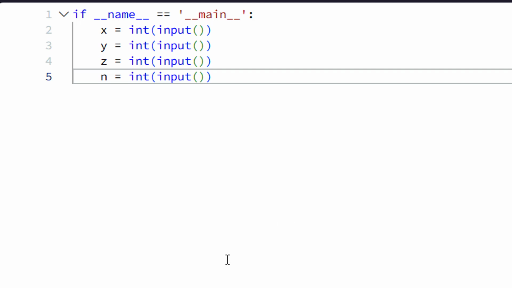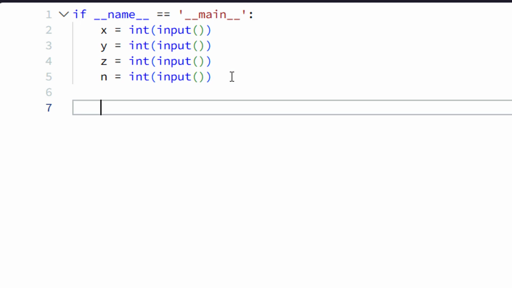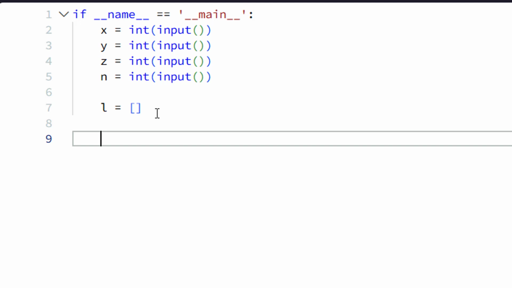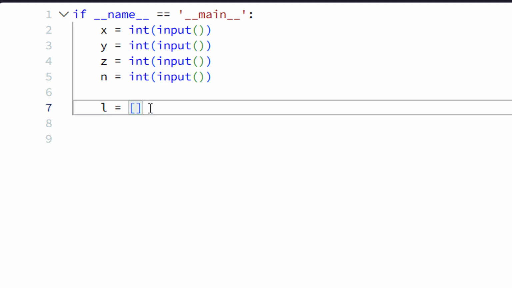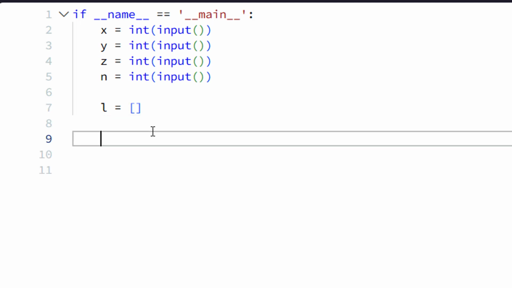Alright guys, so the thing is, let's create a list. L equals, now list comprehension we are going to put here. So in general, what it will be like, let me just show you. Alright, so let's create a blank list L. Now in general, what would the normal approach be like?